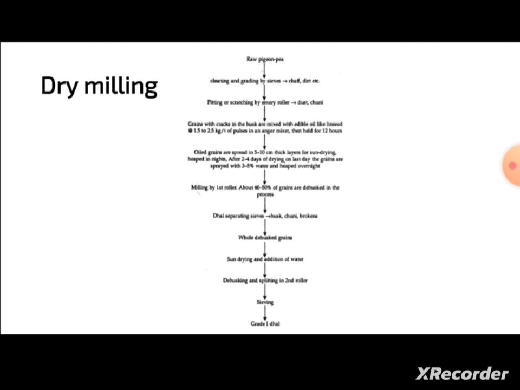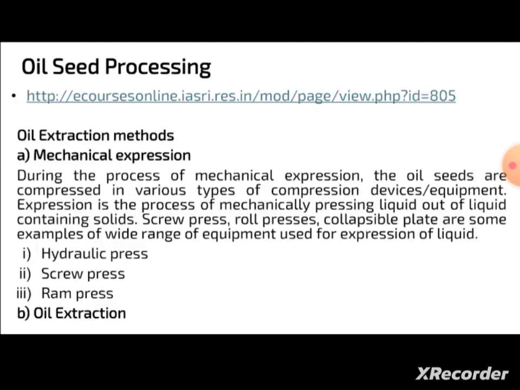In the dry milling process there won't be any use of red earth, but in this case we'll be using oil, so oil will be used to protect it from insects or deterioration of the products. So this is the simple flow chart, flow process for dry milling operations. And then the last one will be oil, the second last will be oil seed processing, so we